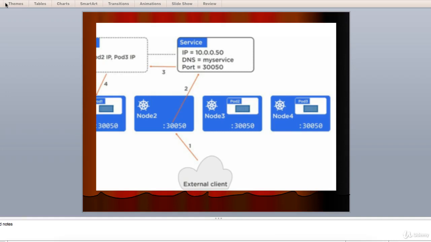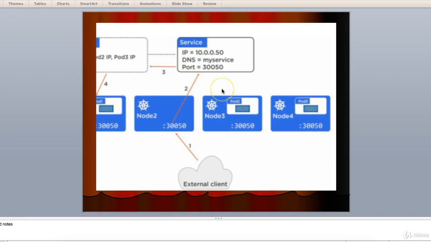At the lowest level, we have nodes in the cluster hosting pods. Then we create a service and use labels to associate it with pods. The service object has a reliable port mapped to every node in the cluster. The port that the service uses is the same on every node. This means traffic from outside of the cluster can hit any node on that port and get through to the application pods.